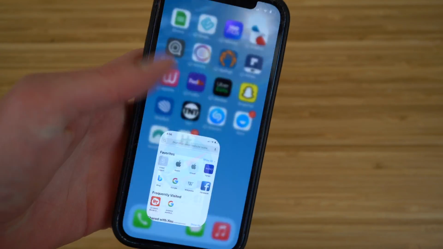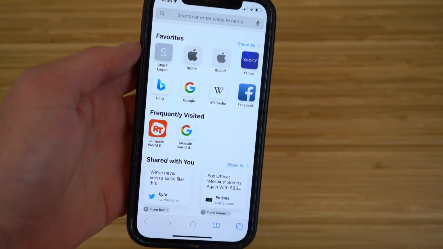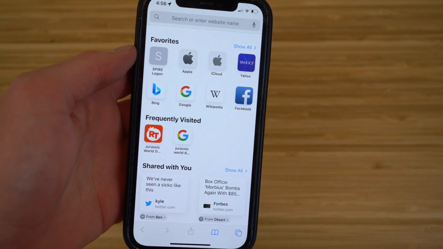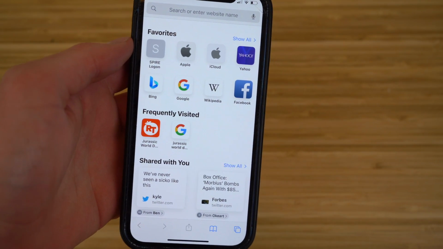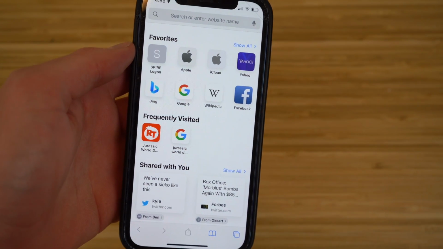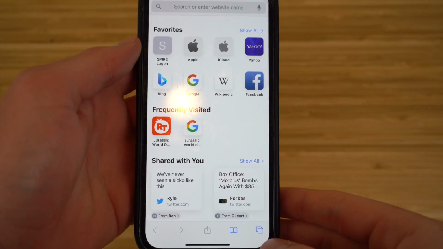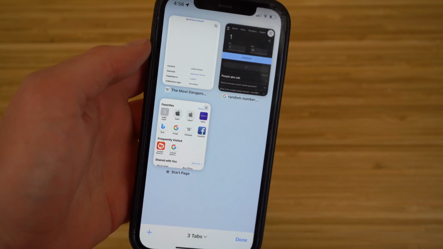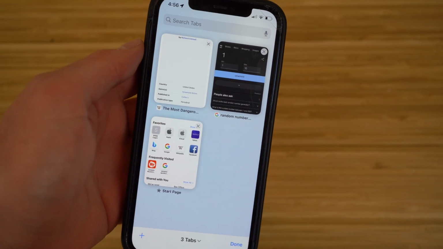So let's go to the Safari app right here, and as you guys can see, I'm just on the home page of my Safari app, and as you can see, it looks normal like it usually would with any of the apps in the previous updates on iOS. But I want to show you guys the brand new feature, and that occurs when you click the tab button right here. And as you guys can see, I have all the tabs that are currently open,